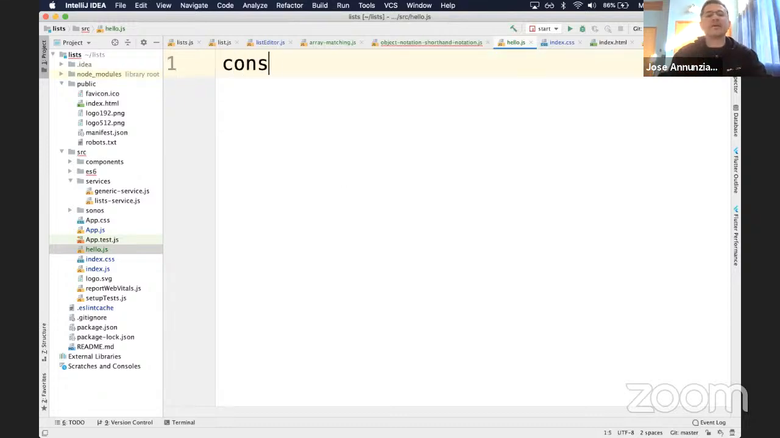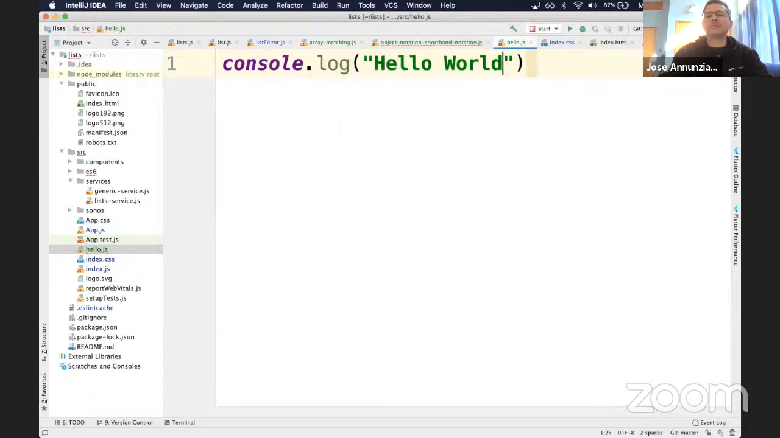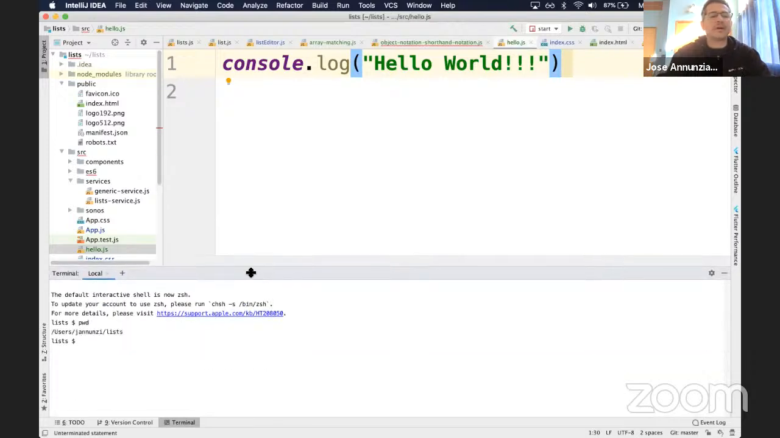So for instance, I can say console log hello world. You can execute this code from the command line. So for instance, if I open up the terminal, and let's see where we are. So if we go down to source,